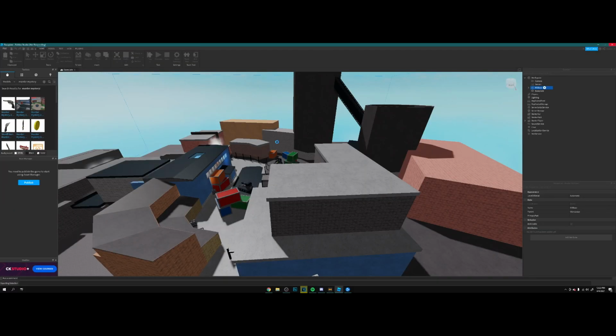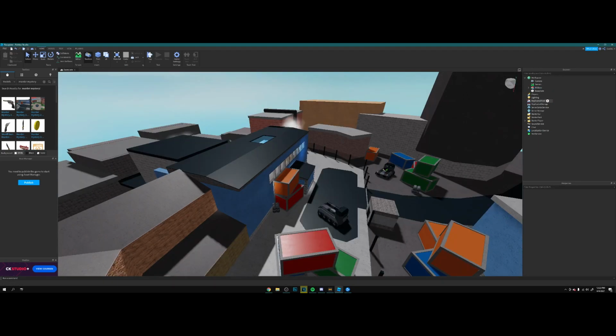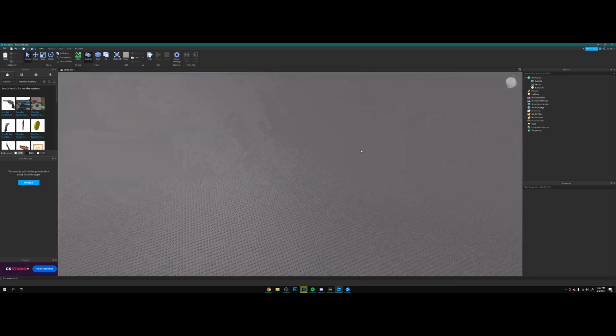Alright, and I'm just going to make a new folder called horror map export. Alright, horror map. There we go. This is going to take some time, so now I'm going to delete that,